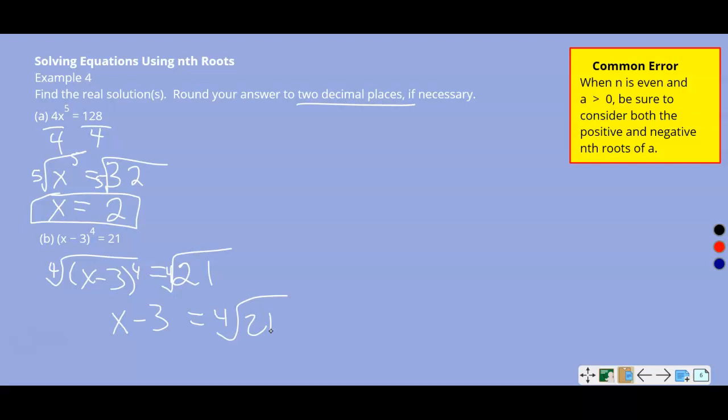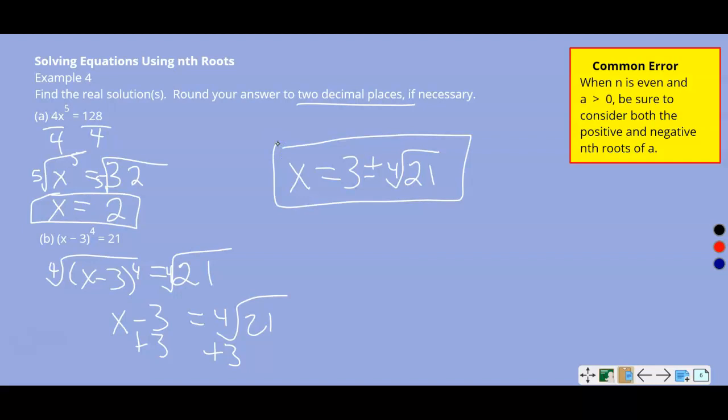And then after that, we simply add 3 to both sides. So we're going to have x equals 3. And we know it's a 4th root, so it's going to be plus or minus the 4th root of 21. And I'm going to leave it like that. That's probably going to be like an irrational number, because there's no number that goes into 21 evenly. It's going to be 21 is 3 times 7 or 1 times 21, but there's no power of any number that's going to produce